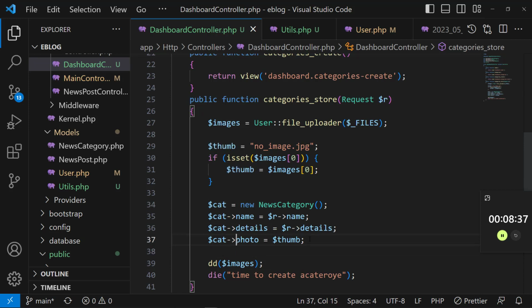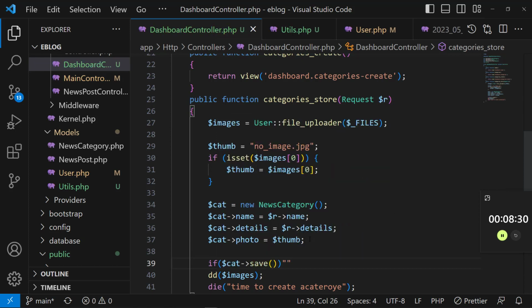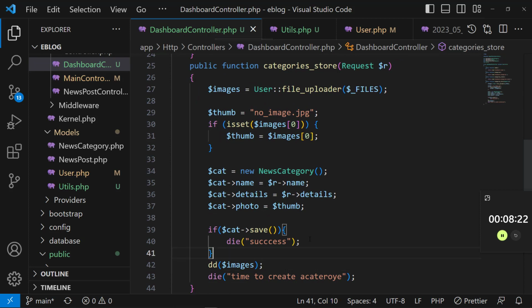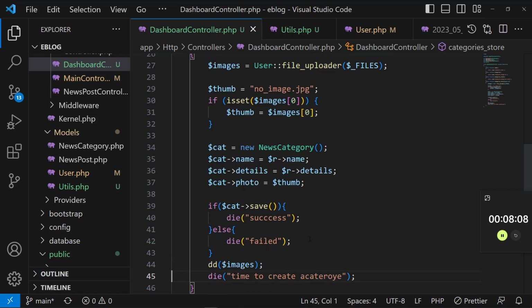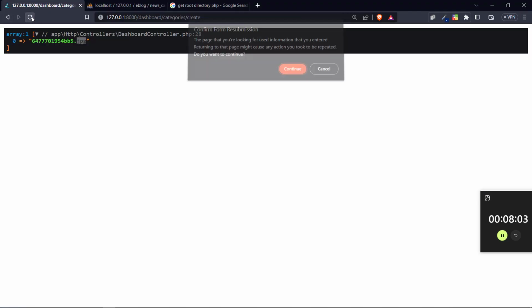And then we do what? We save. So we say if save, let's say success. And then you put else and put failed. And then stop the application from there. So if you come and refresh,